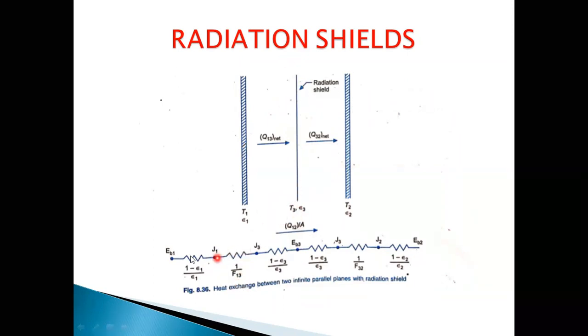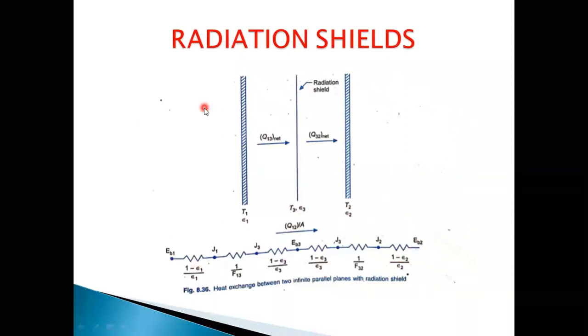If you take the electrical analogy or electrical network here, there are now three plates, and we know that whenever you have two plates, there are three resistances. So with three plates, you have totally six resistances: 1, 2, 3, 4, 5, 6. Obviously, there are two shape factor resistances, one for 1 and 3, the other for 3 and 2. Then epsilon 3 and epsilon 2 for the second surface. This is how the electrical analogy will be taken care of.